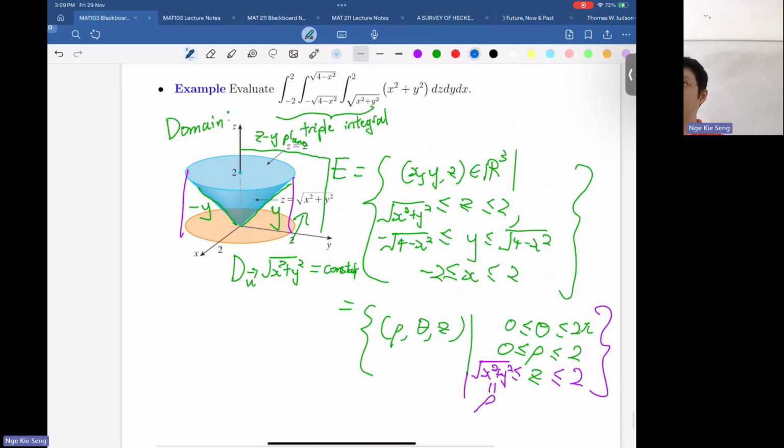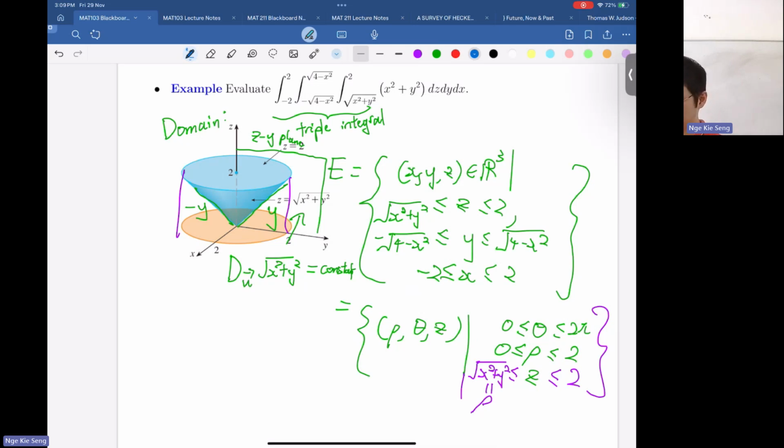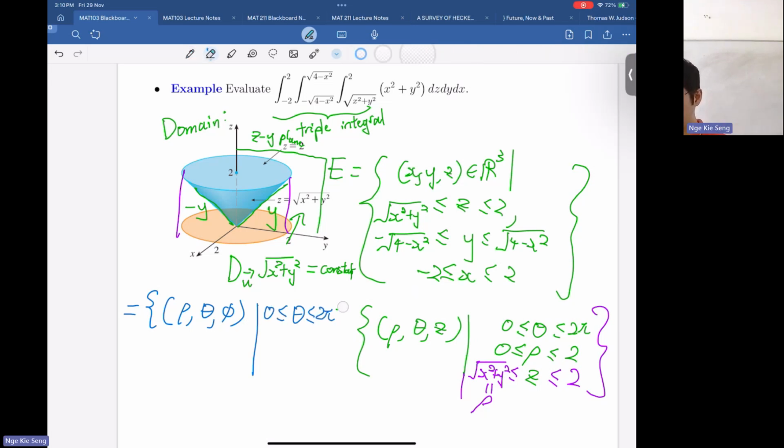Can we make this a cone out of a sphere? Then my question is, what do you need for sphere? You need rho, theta, and what? And phi. Okay. So theta is the same. You should use the whole theta from 0 to 2 pi. But how about